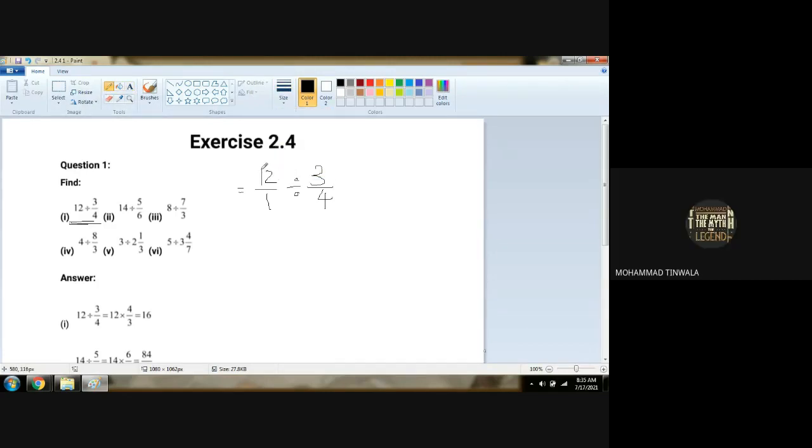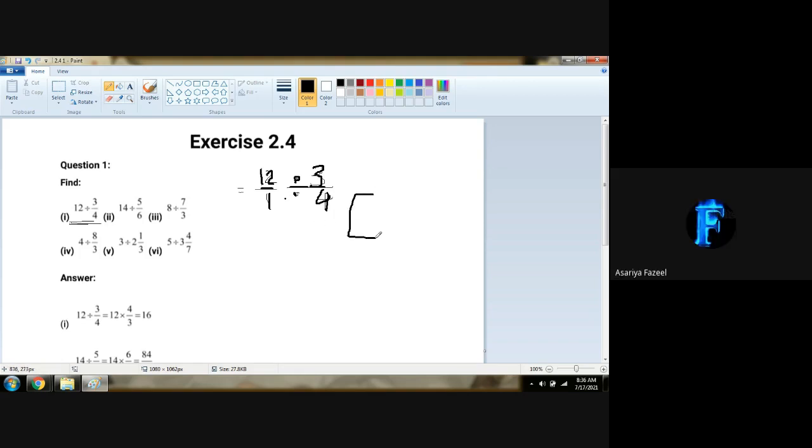Okay. So under 12 I can write 1. In the same way, under 3 I can write 4. As it is written and division sign as it is. Now divide of a fraction. Both of them are fractions now. Earlier there was no fraction, but if there is nothing, it is automatically 1 in the denominator. Can you see what sir has done here?